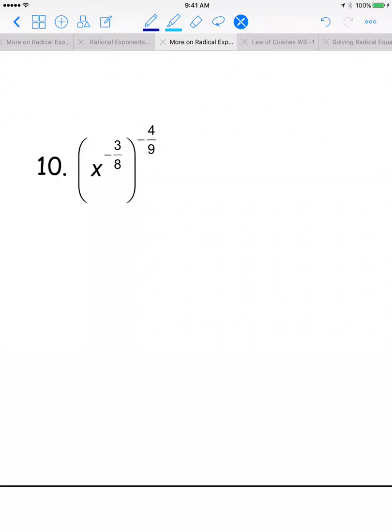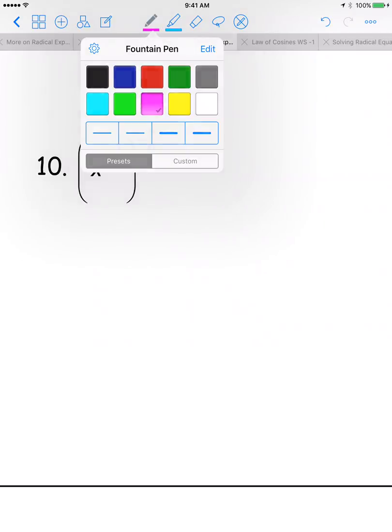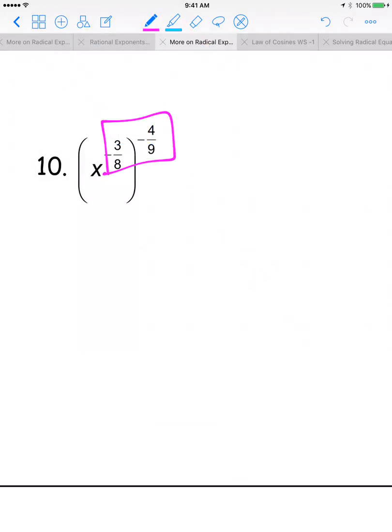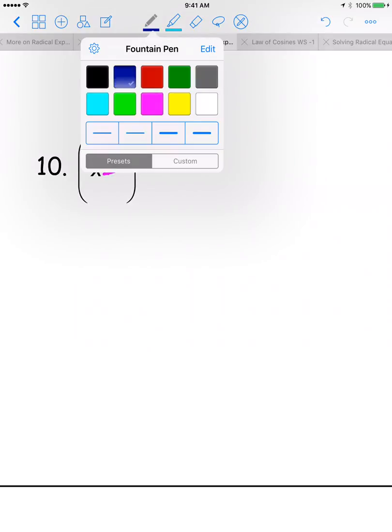So we have a power raised to another power. This one might look a little ugly, and if you wanted to, you could go ahead and deal with the negatives, but what happens is when we multiply these exponents together, a negative times a negative is going to give us a positive. So maybe if we just go ahead and multiply them together, you might find that that would be the easiest